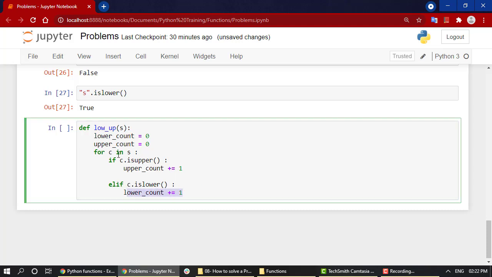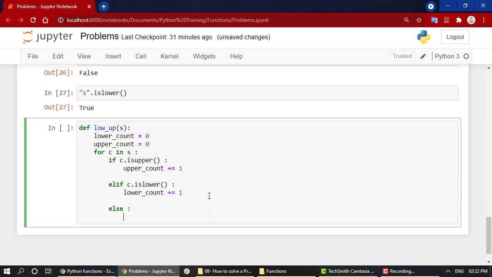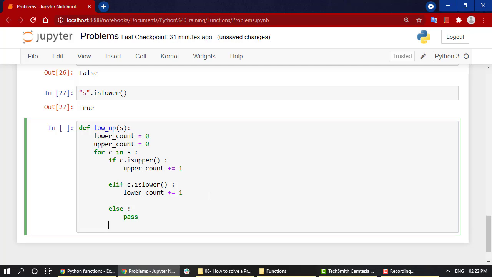So initially, let's say C is small i, it will check if this condition is true, no, then it will move into this condition. If this is true, then this, else it's just going to pass, do nothing. And then I'm just going to print,